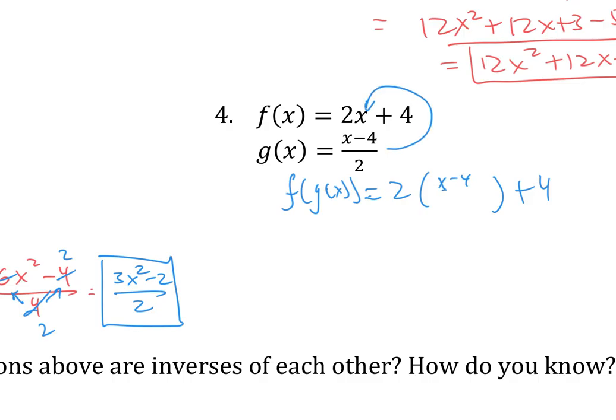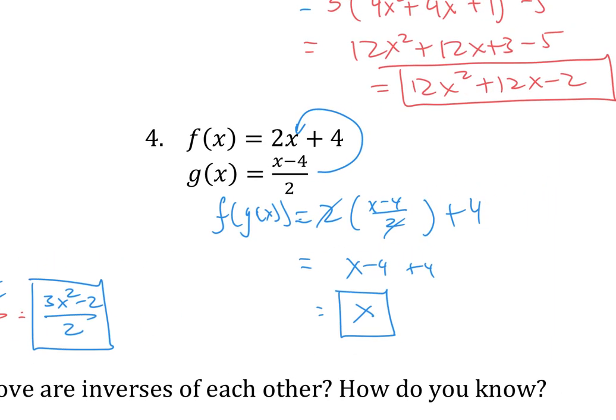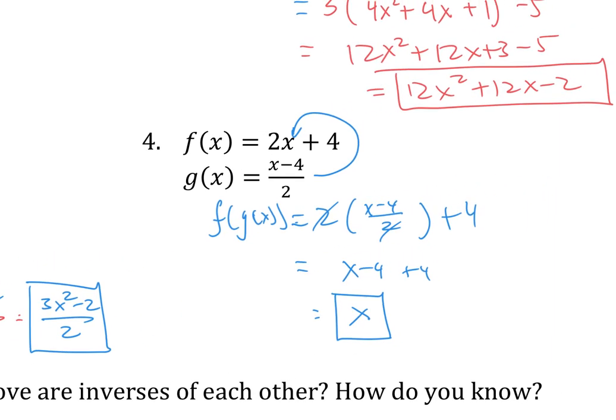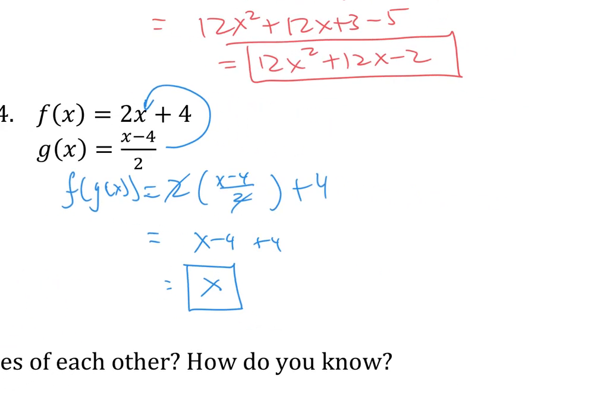So it's x minus 4 all over 2. When we multiply that 2, these 2's cancel. This is x minus 4 plus 4, and this is just x. So that tells us something. That tells us that these are inverses of each other. Now, really to check to see if they are inverses, we have to see what f of g or g of f